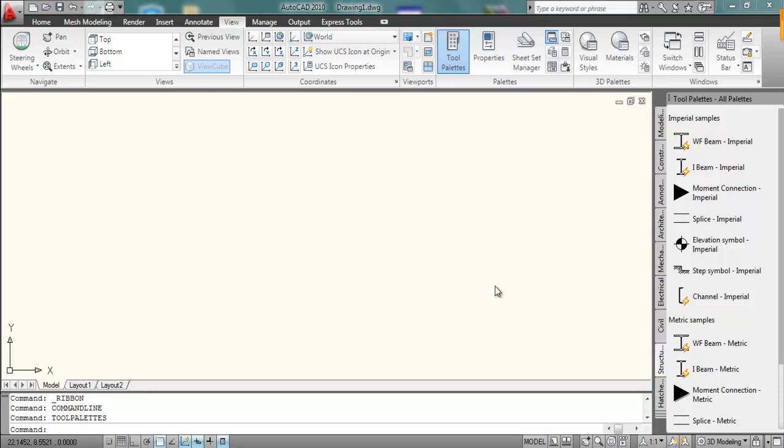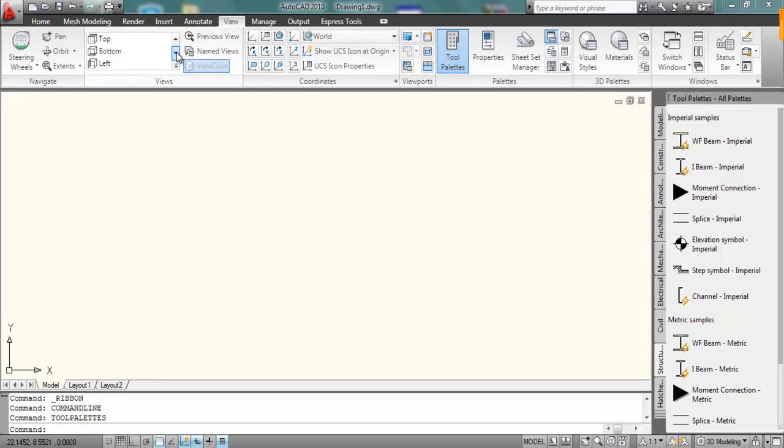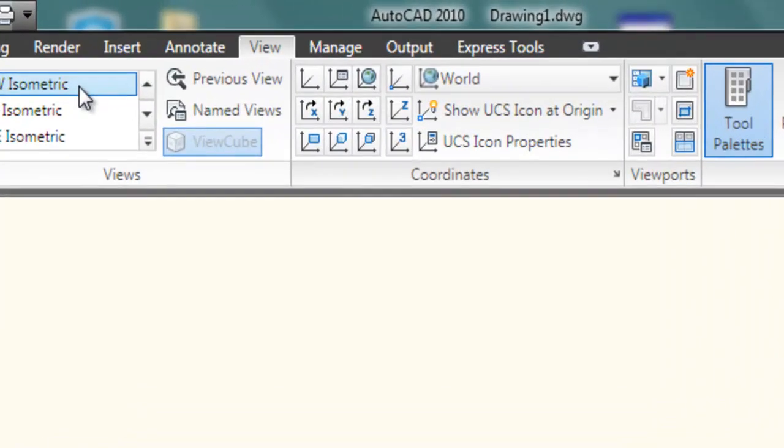Today we will learn the extrude command to make 3D objects from a 2D base. Although first we have to select the 3D environment, click on southwest isometric view and set the environment for our drawing.